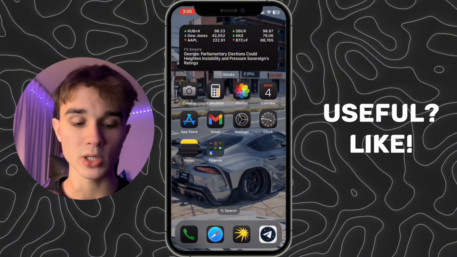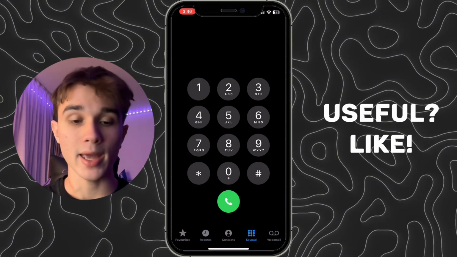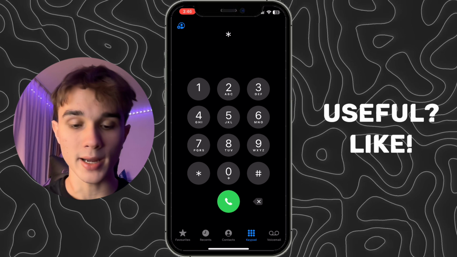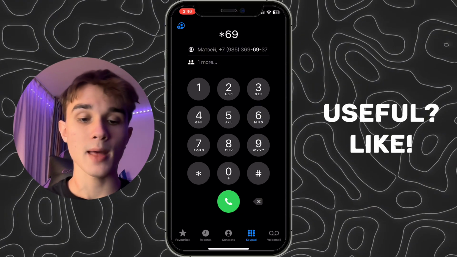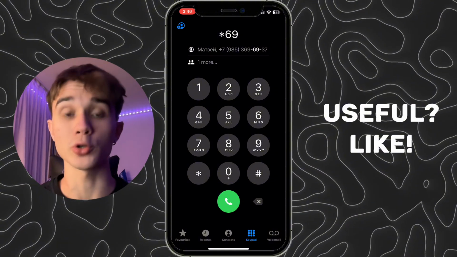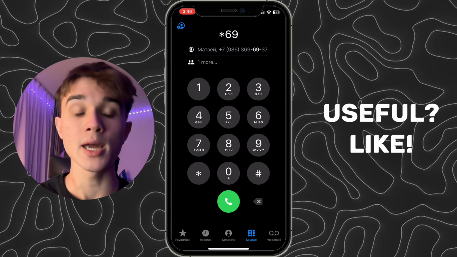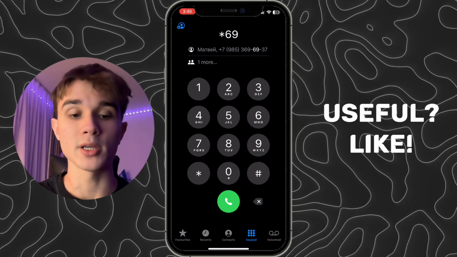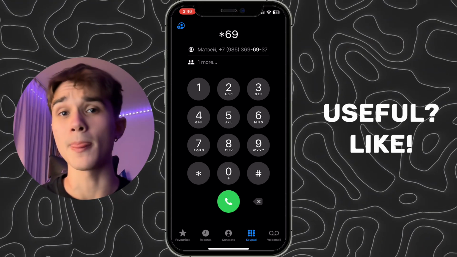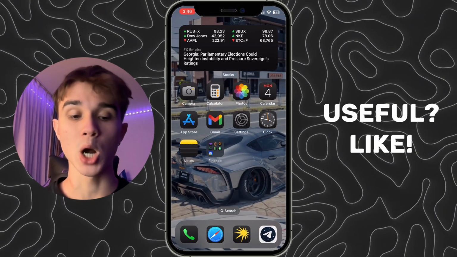So basically we need to go back to the call application, go to the keypad and type in star 69, and it will automatically call the last person who called you. So basically, if the last person who called us was no caller ID, it will automatically call this person even if it is unknown. So basically this is the first way, and the second way is to open App Store